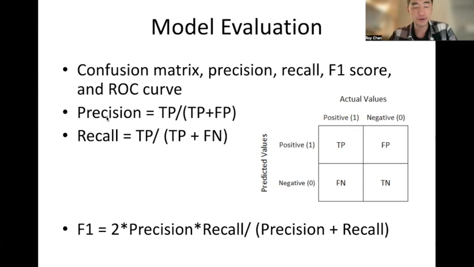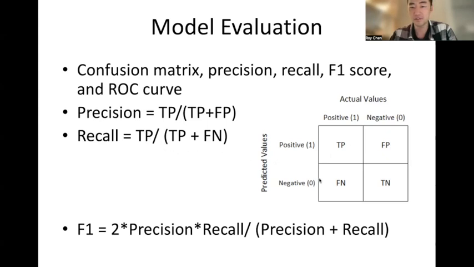For our precision metric, all we do is take the true positive divided by the sum of true positive plus false positive. The true positive is basically predicted true and also actually true. And TP plus FP is basically all the predicted positive cases. So what precision tells us is, out of all the predicted positive cases, what percentage of them is actually correct, right? Similarly, for the concept of recall, the numerator is still true positive, but the denominator